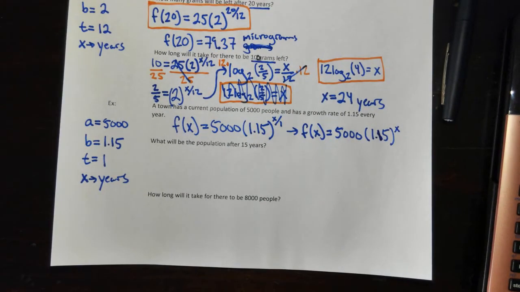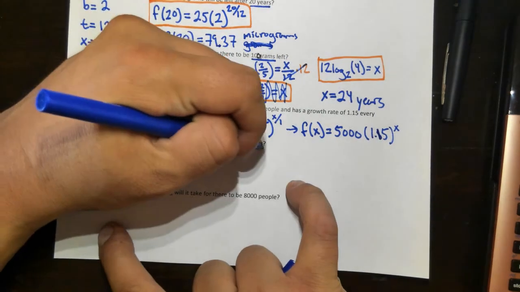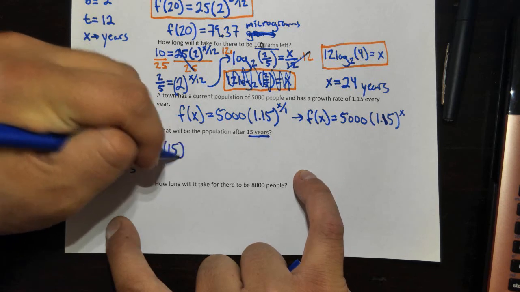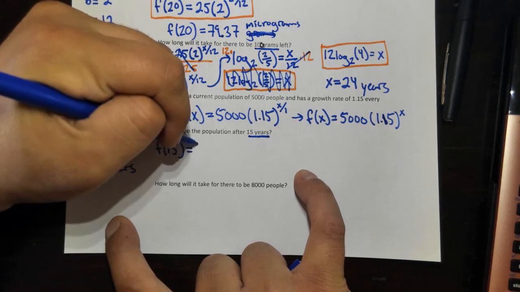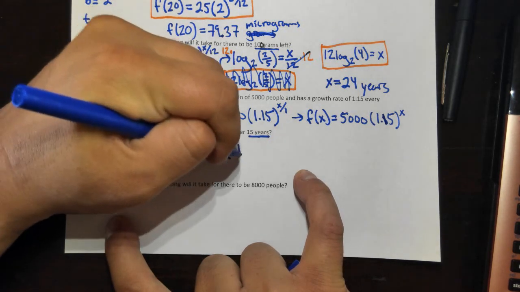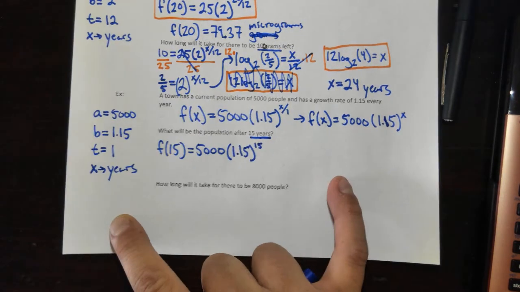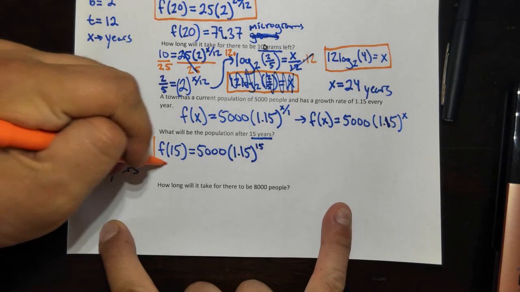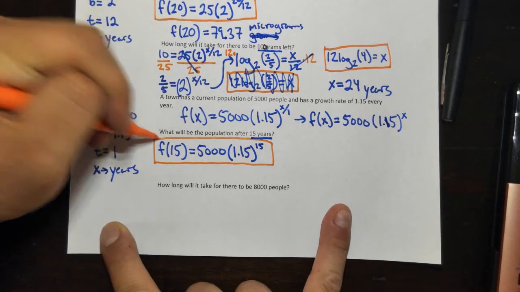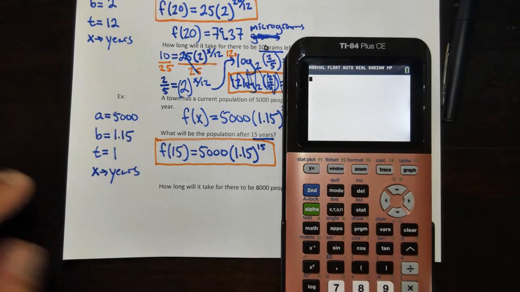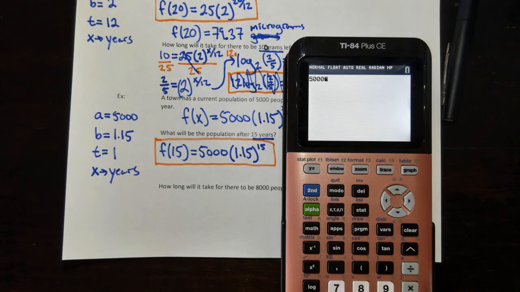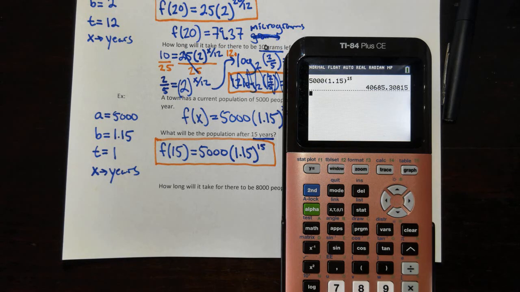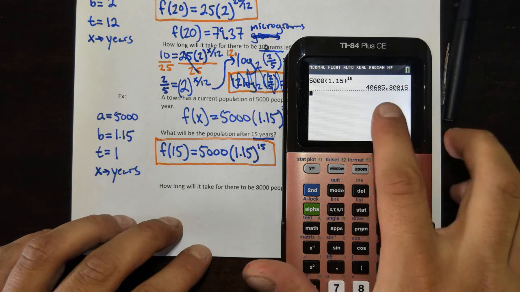Okay. So now what will be the population after 15 years? Well, years, that's an x value. So let's plug it in for x. So f of 15 is equal to 5,000 times 1.15 to the 15th power. And let's see what that gets us. And of course, this is our answer here. But if we can get a decimal approximation of that, let's do it. Okay, and so after 15 years, the population is going to be